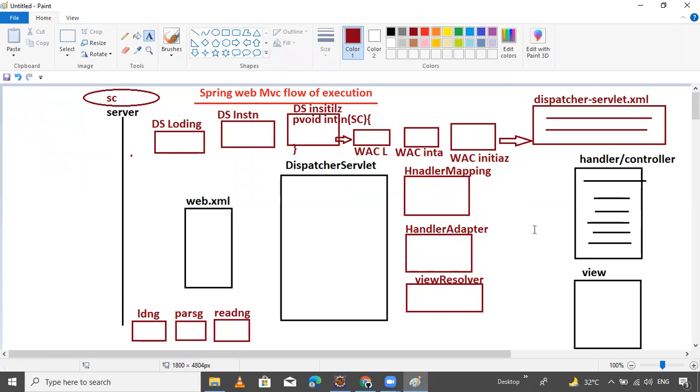Those are the three objects created by the web application context. That's it, simple.